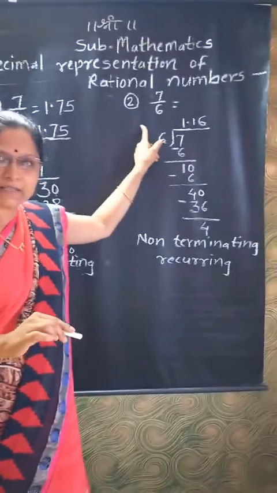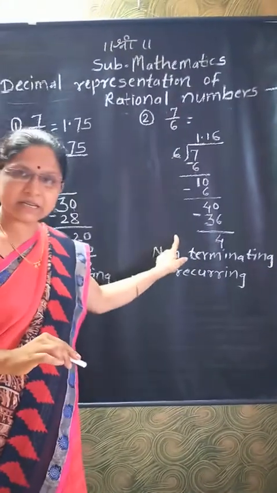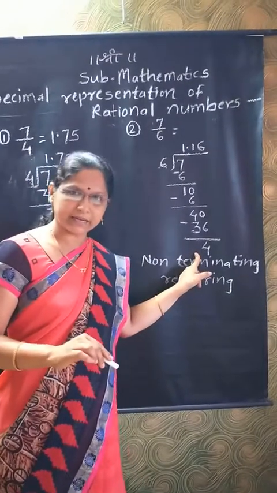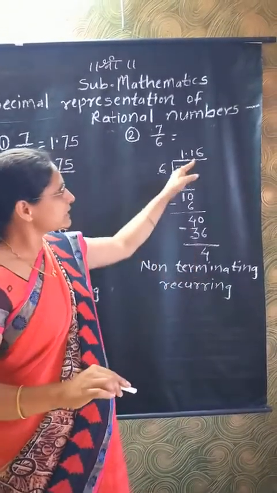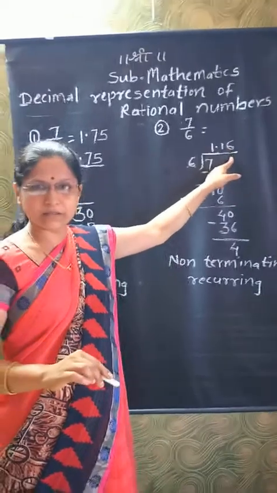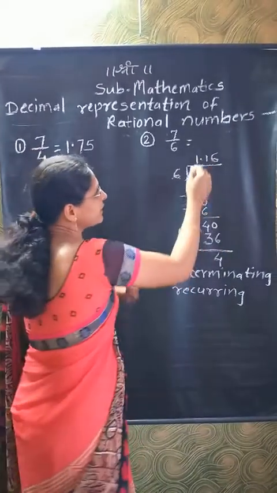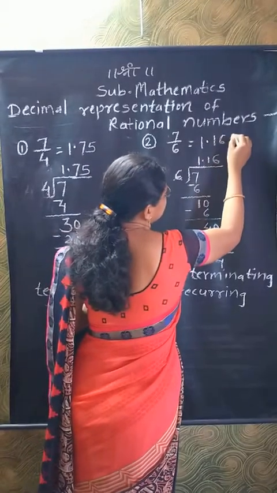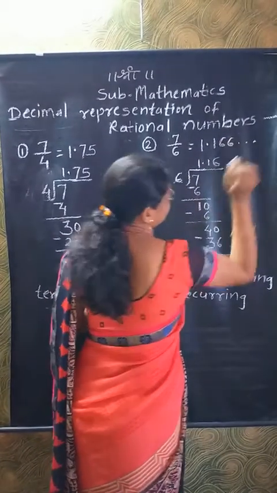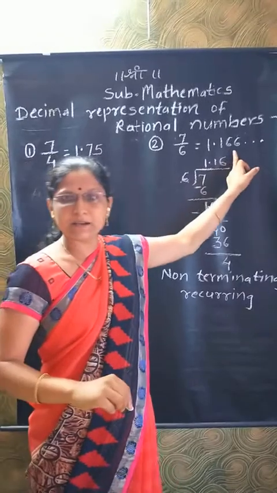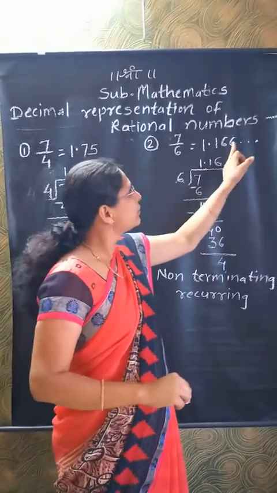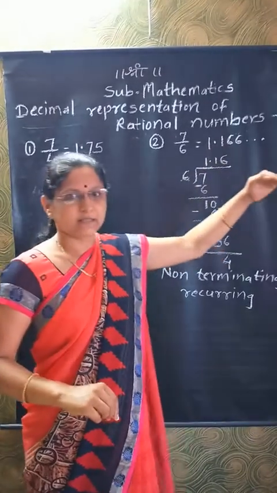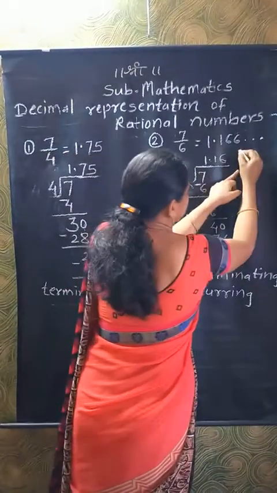In the second example, the process of division doesn't stop. We get the remainder 4 again and again. Therefore, we get the digit 6 in the quotient again and again. So 1.1666, 6 is the digit that comes again and again. Therefore, we write it as